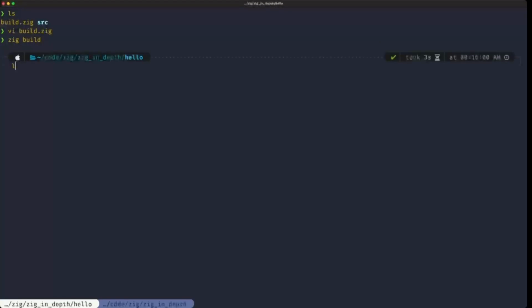Now if we do an ls, we're going to see that apart from the build.zig and the src that we had at the beginning, we now have a zig-cache and zig-out. The cache directory is exactly that. It's a cache of build artifacts and packages that may be needed as dependencies. We're going to be seeing that in the future when we talk about dependencies,